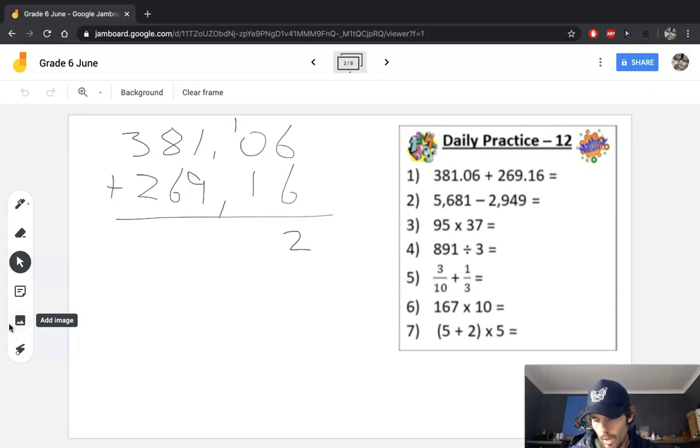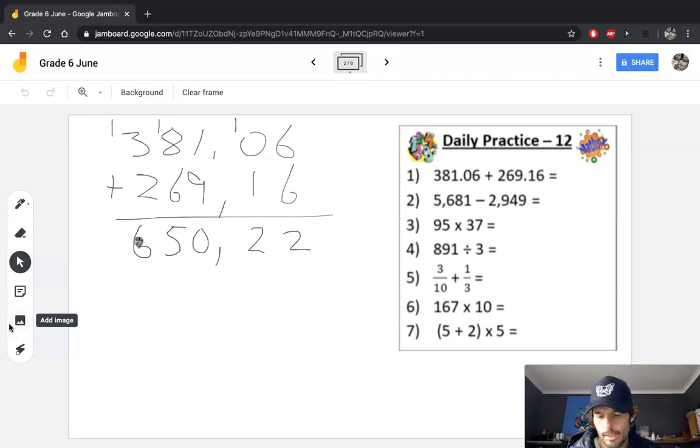1 add 1 is 2. And just remember, it's actually not 1 and 1, it's actually 1/10, and 1/10 is 2/10. 1 and 9 is 10, you need to carry that 1 again. 8 and 6 is 14, plus the 1 is 15, and then 3 and 2 is 5, plus that 1